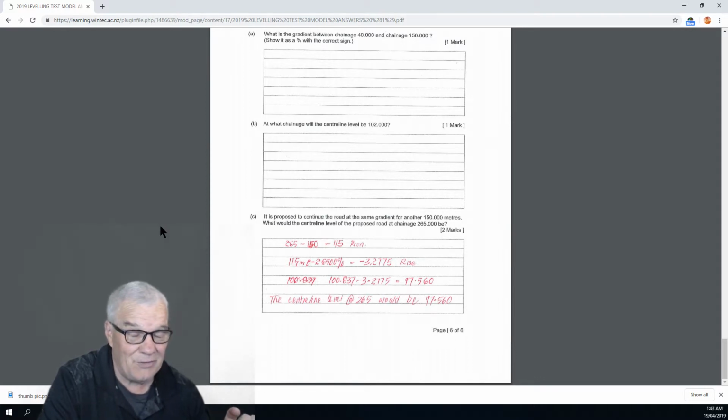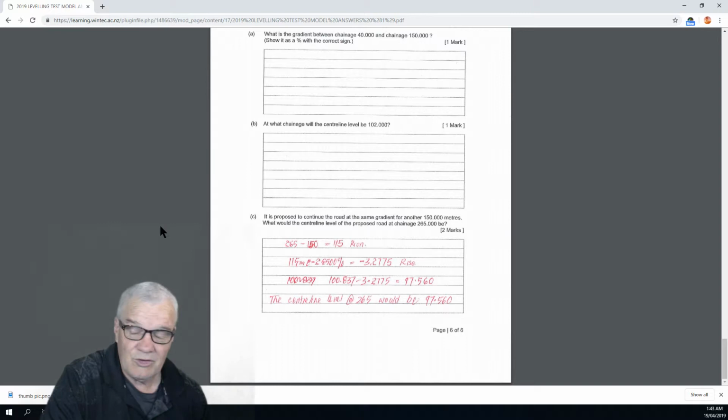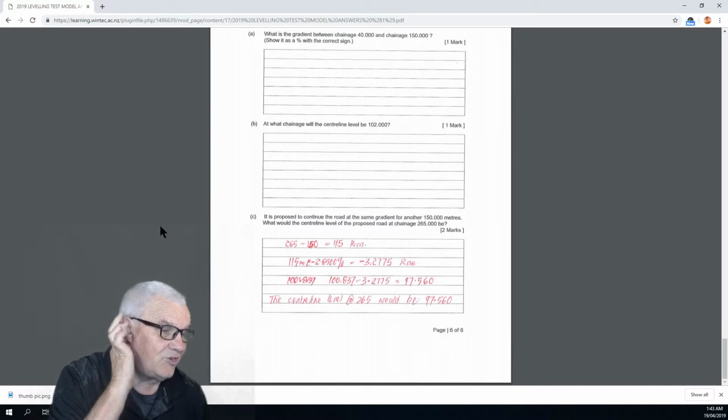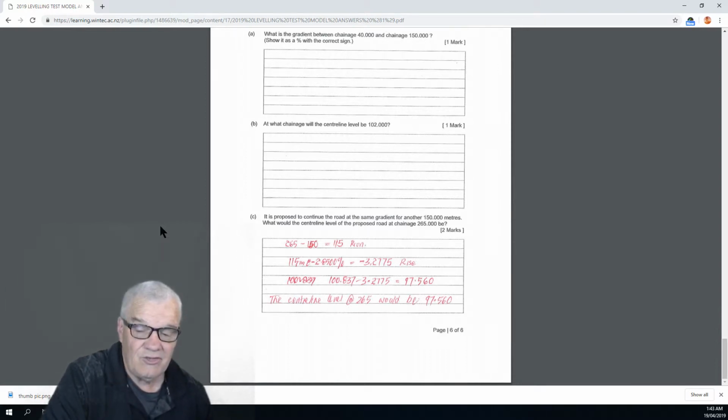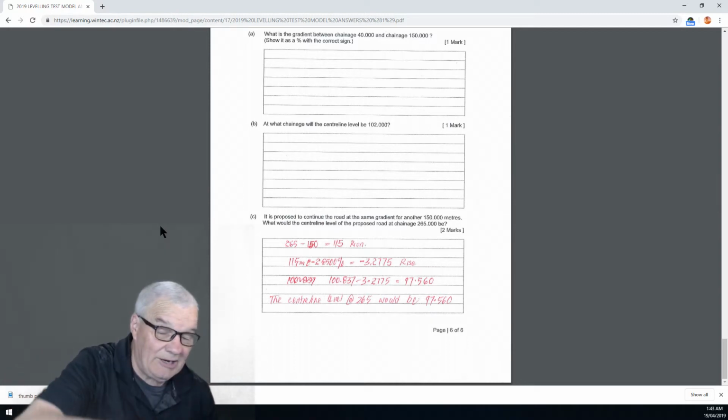So the road's going for 150, but you only want to go to 265, which is only another 115 meters at that gradient. So 115 at minus 2.85 is minus 3.2775. It's just simple. Just go 115 times 0.0285, takes the percentage away, and that is equal to 3.2775. And then you take that off 100, because remember the diagram,